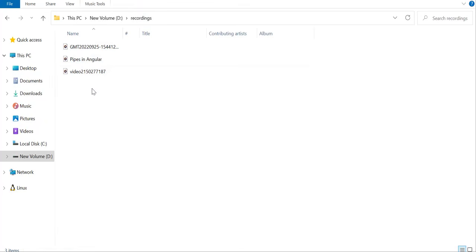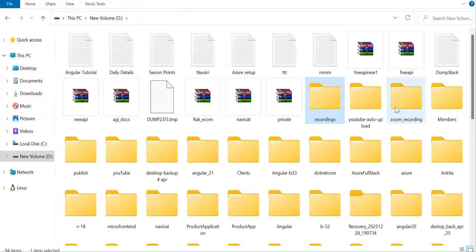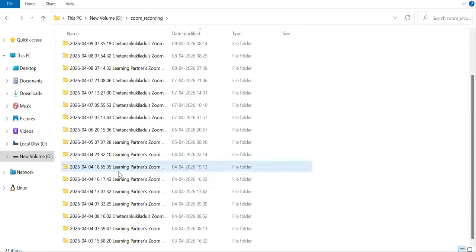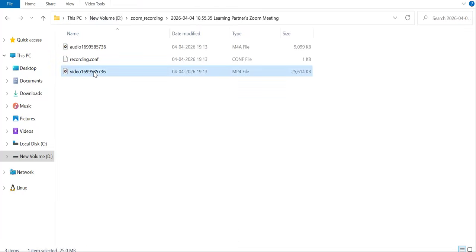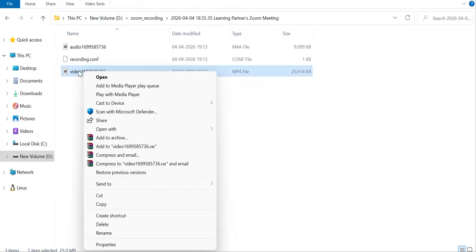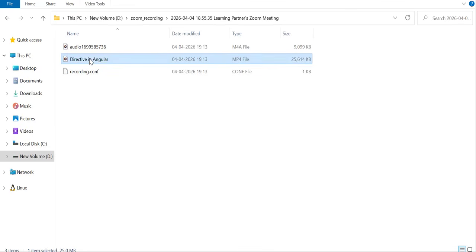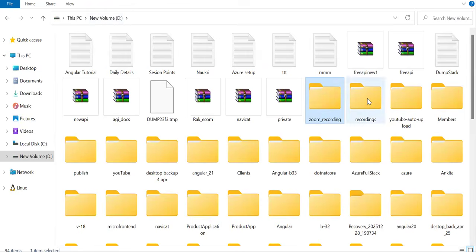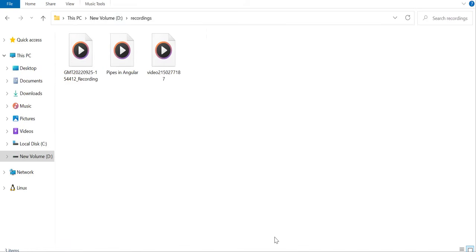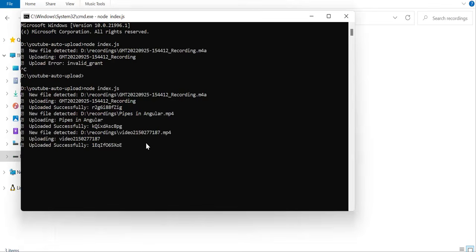Okay, let me show you the demo first. Let me see if any Zoom recording is there. This is 25 MB. Let's say I will provide a name like directives in Angular. Right? This is not the topic, but I don't know. So if I copy this and put it into this particular folder, pay attention over here, my server is running. It is continuously checking whether any file is there or not. Once I paste a file,